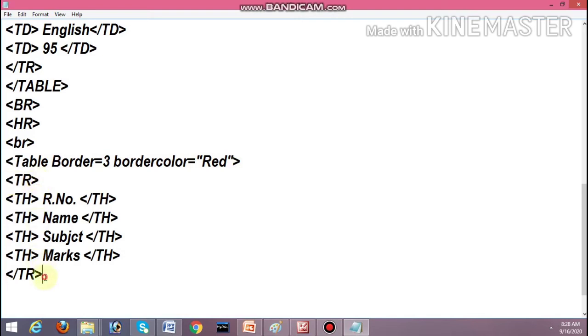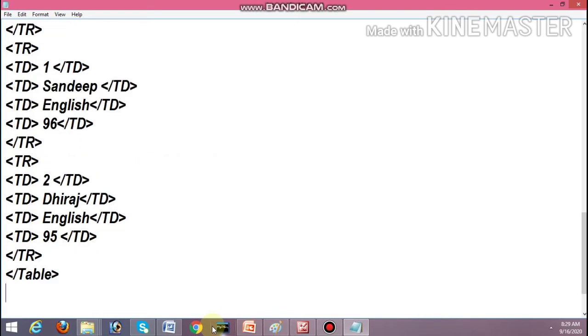Now I write the second and third rows. Second row, that is roll number 1, Sandeep, English 96, close the row. Then another row, open the row, then 2, Dheeraj, English 95, and close the table.